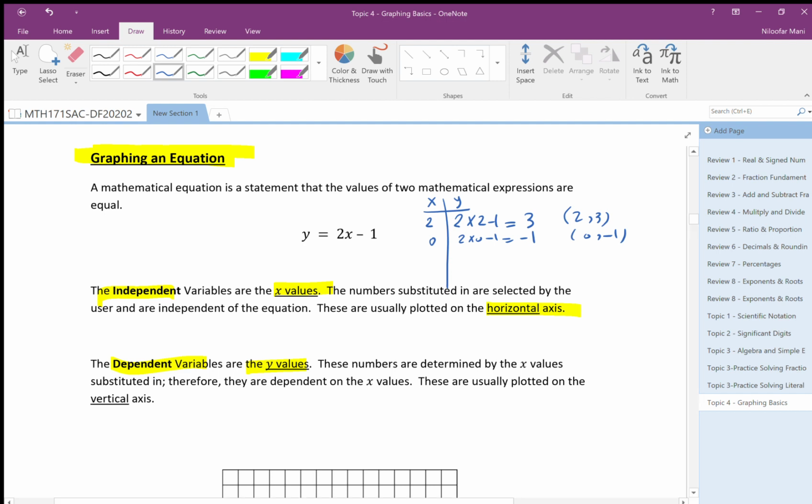Okay, dependent variables are the ones found using x, and they are on the y-axis. So I can choose whatever I want for x, but y is just found using those points. So I cannot say y is 10 because I like it. No, y is determined by the equation. Okay,